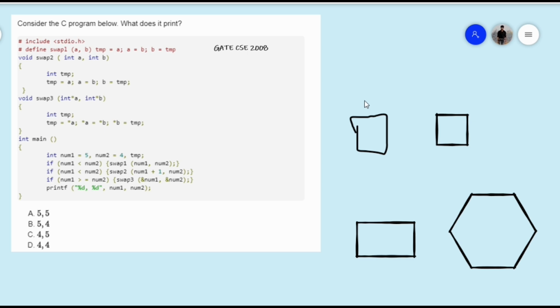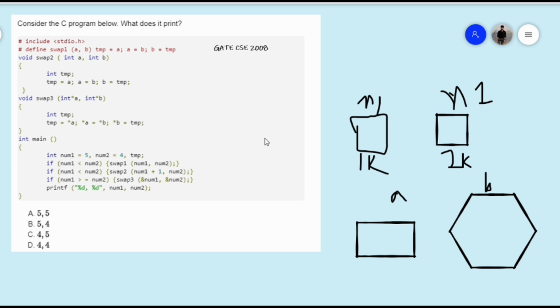So this is your num1 and this is your num2, this is a and this is b. Suppose n1 has address 1k and n2 has address 2k. Okay, so here n1 is num1 and n2 is num2.